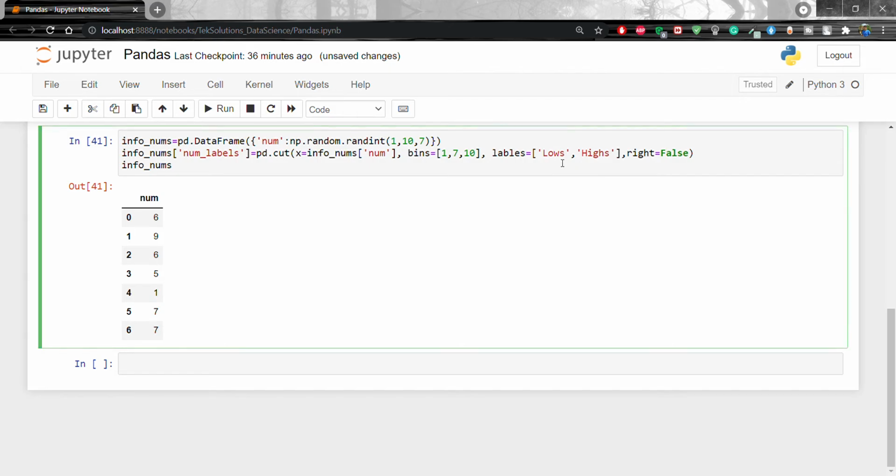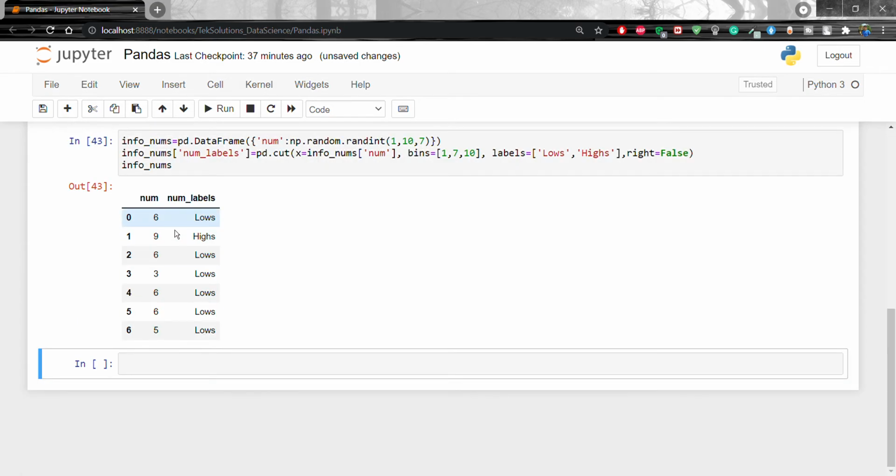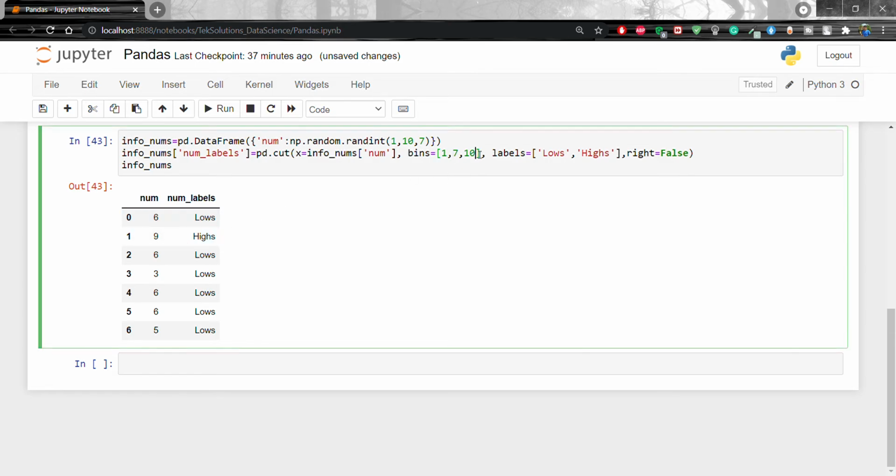And now we are going to give labels, that is lows and highs. Whatever value lies between 1 to 7, we can say low, and whatever values come between 7 to 10 will come as a high label. So let's press shift enter and you will see it here: values from 1 to 7 are low, and values between 7 to 10 are high.